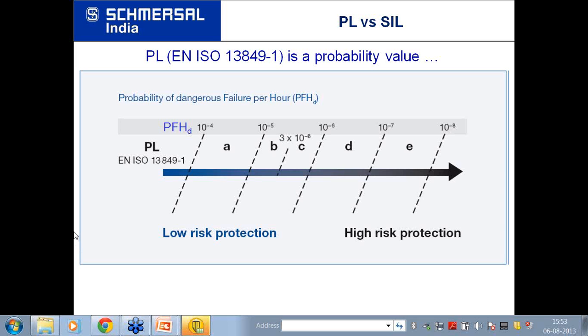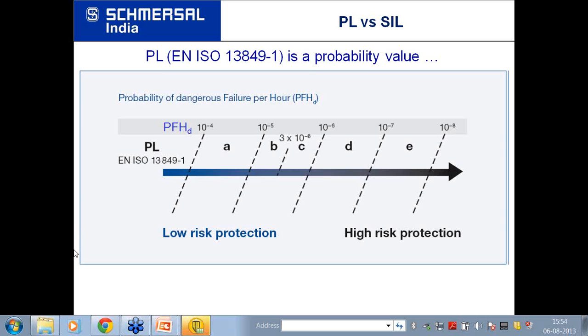There's a question from Mr. Balaji Tilak, and the question says that EN 954 is qualitative and EN 13849 is more quantitative, and makes a component level approach. Confirm. Yes, this is confirmed. EN 13849 is more quantitative. As I have said, it quantifies the achievement of a risk level and the implementation of the safety.